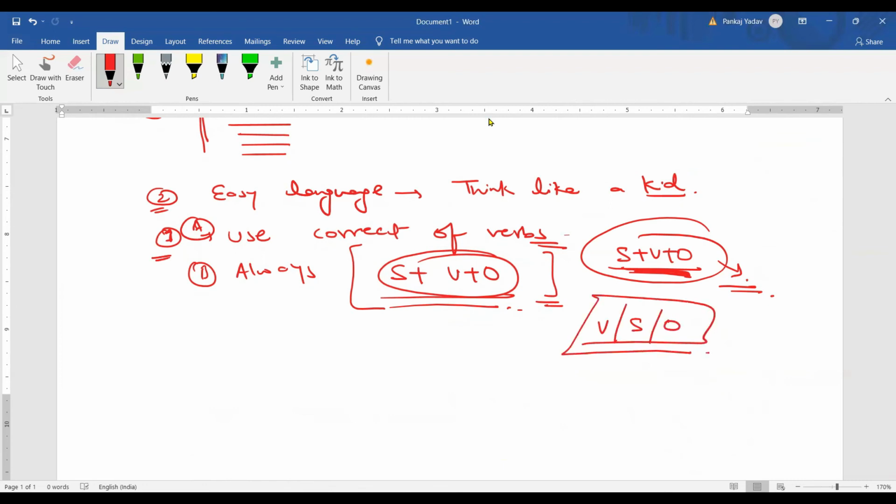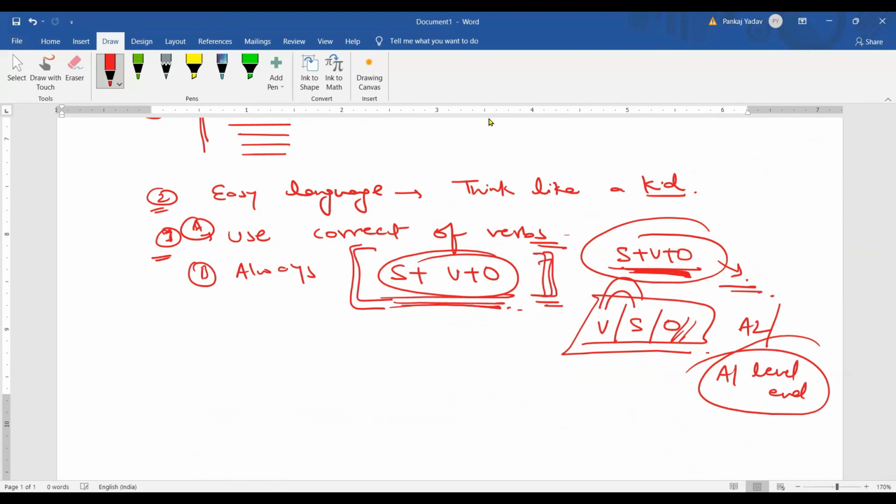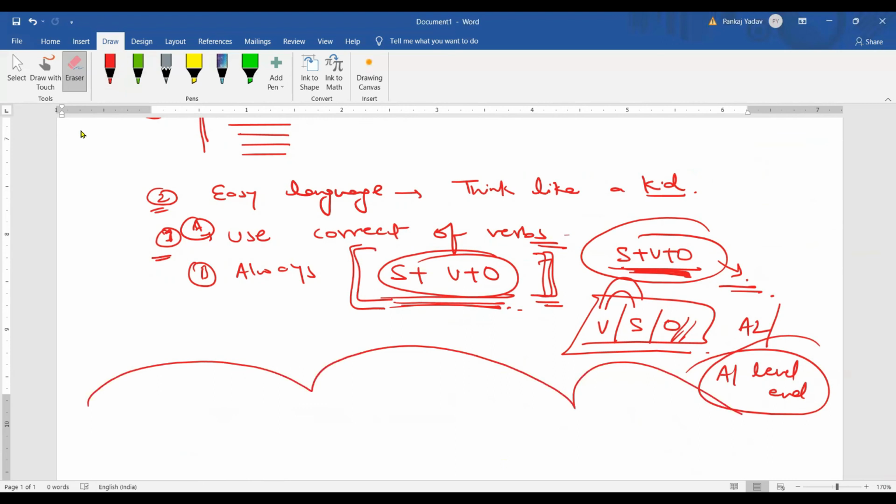All right, there are cases when there will be no subject or the position will change. All right, but that will come in A2 level. All right, or A1 level end. All right, now even if we have completed our grammar, I would suggest all of you to use this format in the beginning. All right. Always take small steps. All right. Don't think like this. It would be wrong.